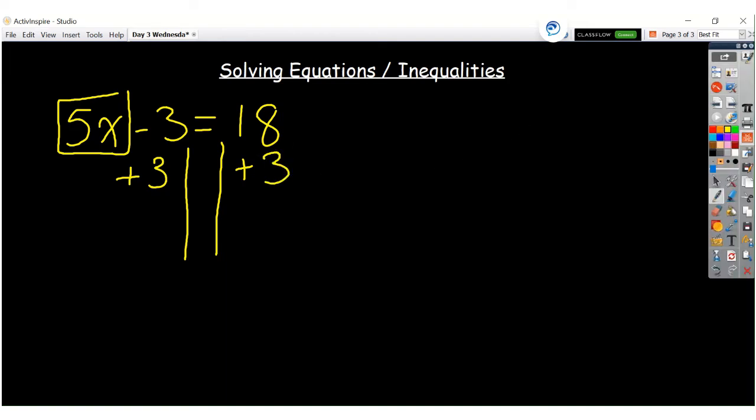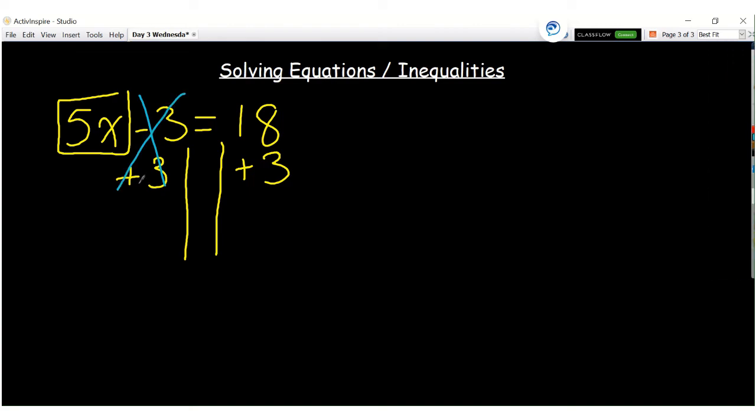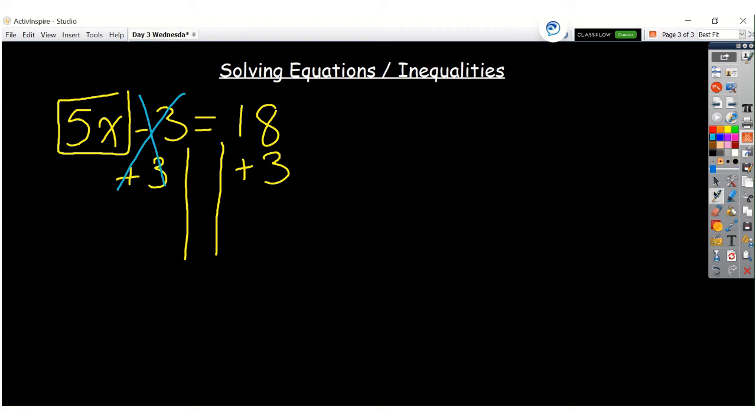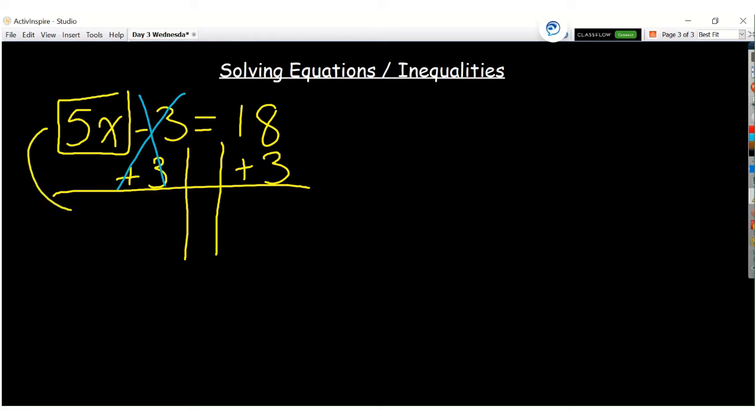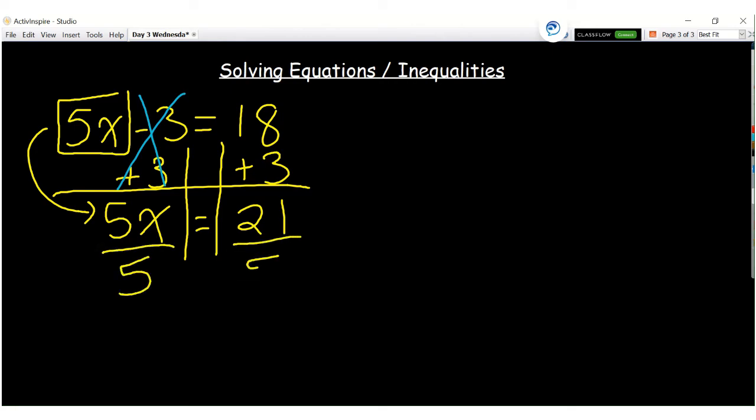And then, hey, I've got different colors I can use. I'll even switch colors. Then this would cancel, right? And then I would be left with, carrying down that 5x, carry down my equal sign, and 18 plus 3 would give me 21. And this one is not going to work out nicely. I just kind of picked a number in my head. 21 is not divisible by 5, so I would divide by 5. I could have switched over to that blue if I wanted to. And that would give me,